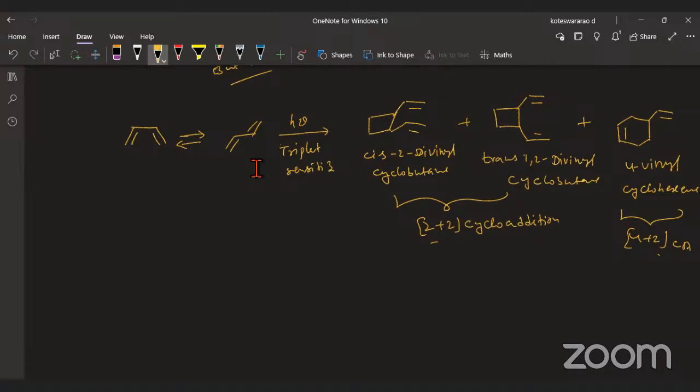But when the sensitizer's triplet state energy falls below 60 kilocalories per mole, but above 53 kilocalories per mole,